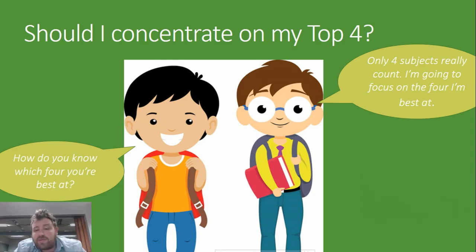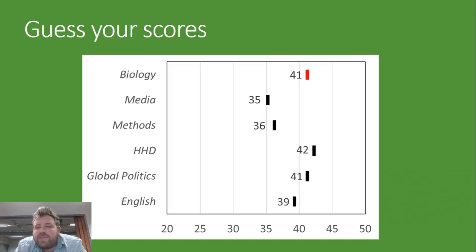And his response presumably would be, well, it's maths, chemistry, and English, obviously. But I would argue, and hopefully his friend would argue too, that he doesn't actually know. And I want to show you what that looks like. So I think intuitively, we think that our estimates of our scores look something like this.